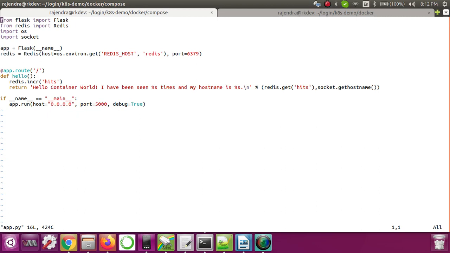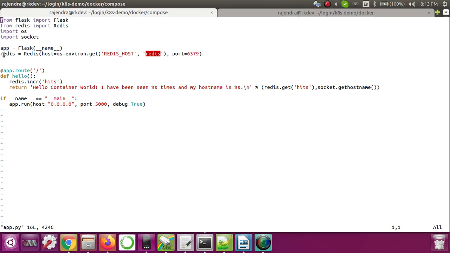For this application I need two modules. The first one is the Flask module and the next one is the Redis module. Now I'm creating the Redis host, the Redis instance, which is running in the Redis container. When we start the Redis container, the host name of this container is redis, and it is running on 6379.